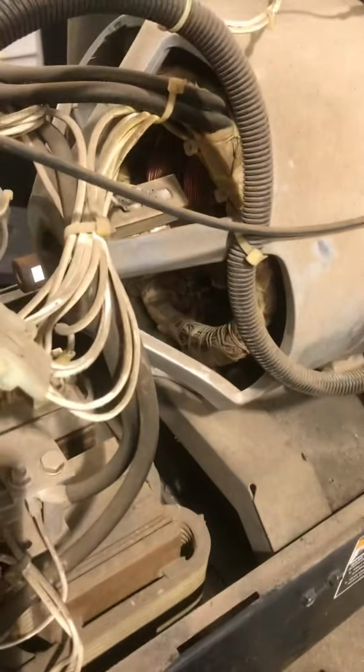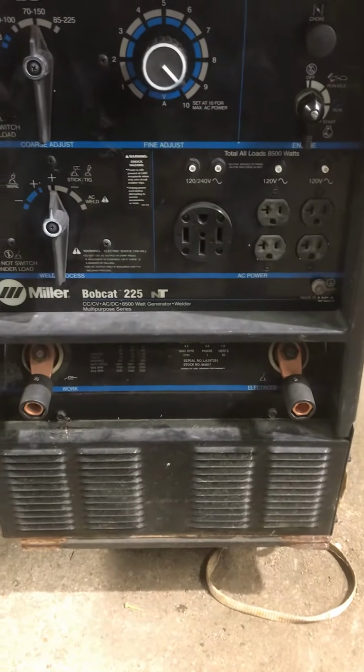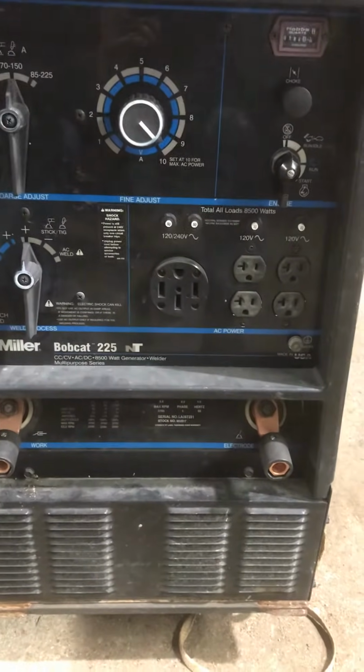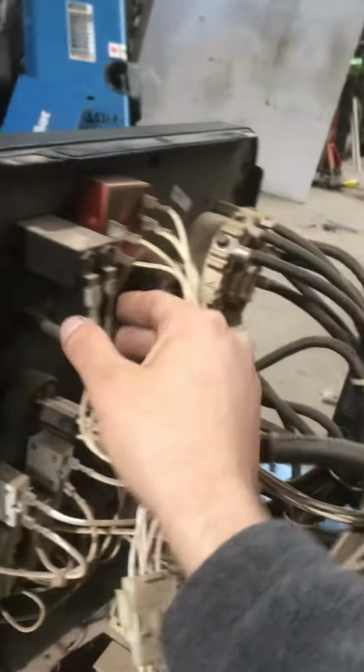Set my RPMs at about 3,700, and then I checked it, and I was still getting the same, about 30 volts out the weld lugs and 60 out the AC auxiliary. So then I start checking other stuff back here. What you want to do is start checking all your